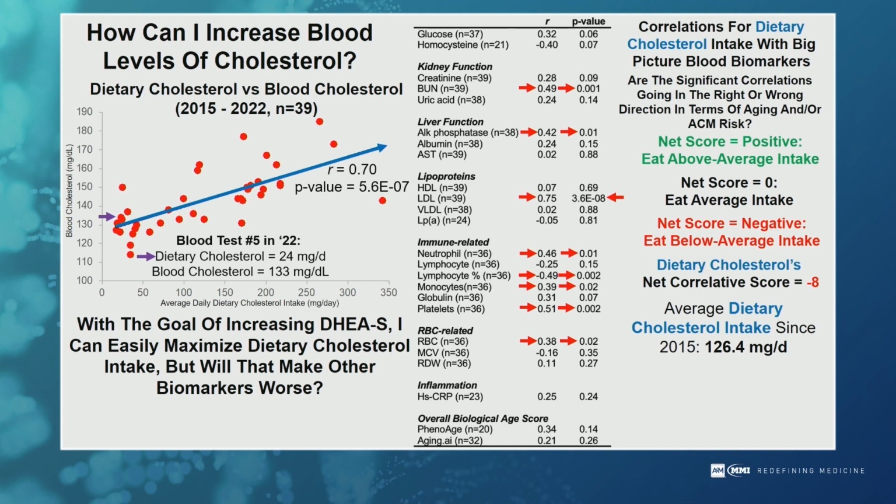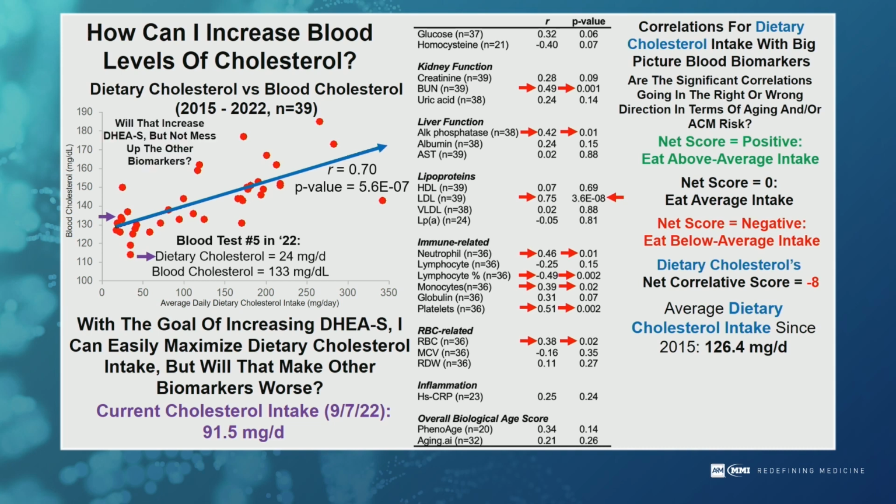So when considering I was at 24 milligrams per day for dietary intake, I've got some wiggle room there where I can still stick to these rules for the correlations without going too high and messing potentially a whole bunch of other biomarkers up. So I started that approach, and I started to increase my cholesterol intake, not too high though, so 92 milligrams per day, with the goal of potentially increasing blood cholesterol and increasing DHEA sulfate, but not messing up anything else. And without going through that in this video, I posted that video on my YouTube channel